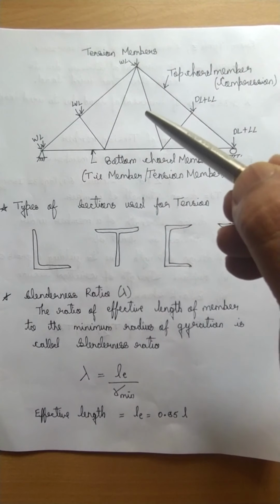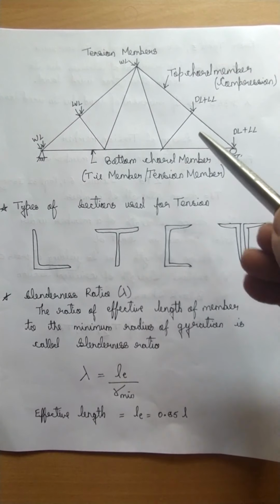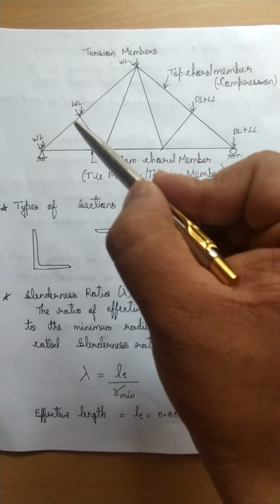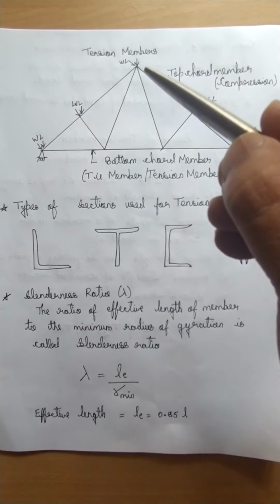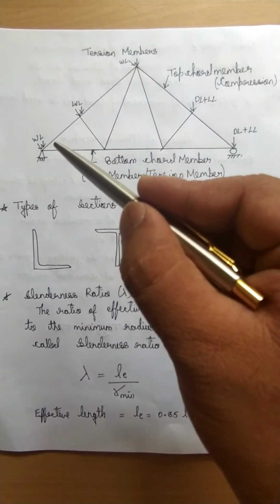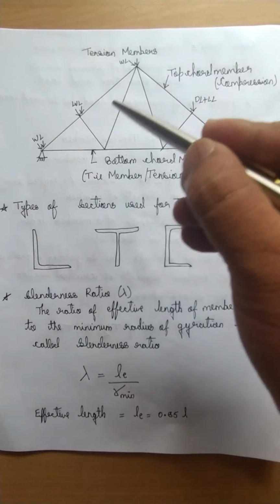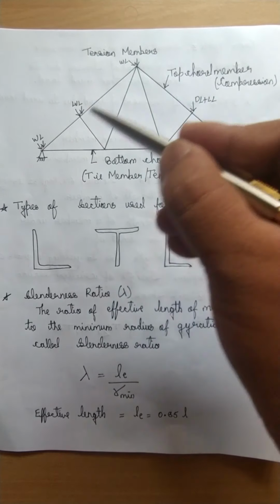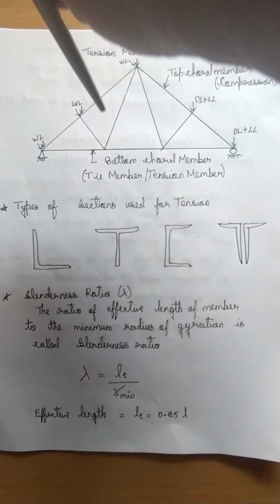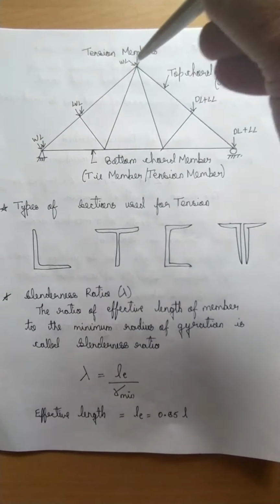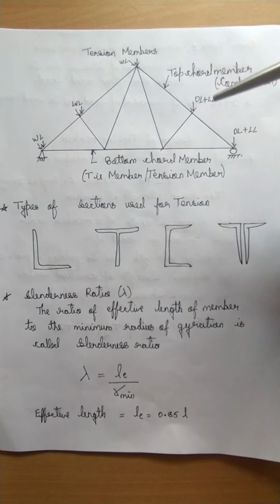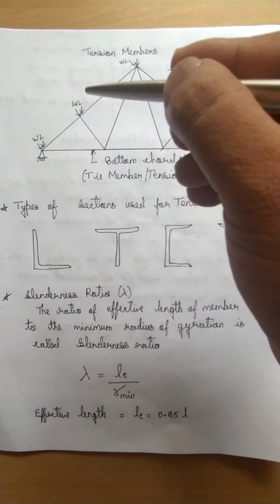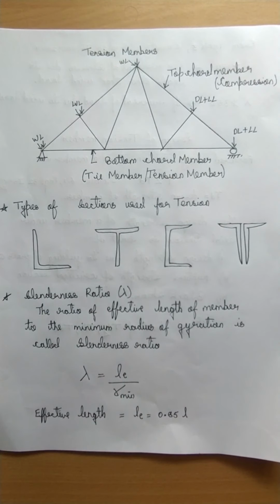So there is a loading acting on it, that is, one is the self weight of the member, and say if external wind load is acting on the truss. If the wind force is acting, say, in this direction, then this portion will become a compressive member, that is, if the force is acting from here, these members will have a tensile force and this will become the compressive force. And if the wind acts from here, this will become tensile and this will become compressive. So what happens in a truss, we have a combination of compression and tension members.